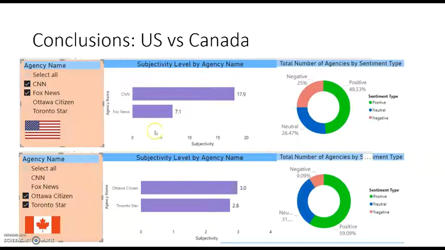When we're looking at the US versus Canada, there is a difference in the positivity, but more interesting, actually, in my opinion, is if you look at the subjectivity level, you can see Canadian sources are way less subjective than the US sources, and we can see that CNN is by far the most subjective. But Fox News still more than double either of the Canadian ones. Of course, there's a potential that that's because the Canadian ones are more local. We did not look at that difference, but this is just one of the many things you could start exploring with this data